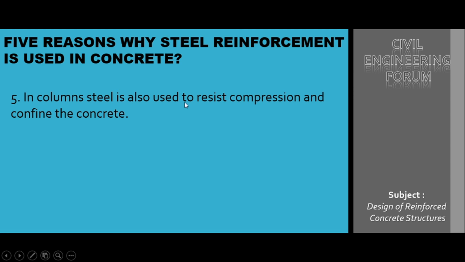In columns, the steel even takes the compression and confines the concrete. That is, the steel reinforcement resists the bursting effect of the concrete and does not allow the column to buckle. And this is the fifth important point for why we are using steel